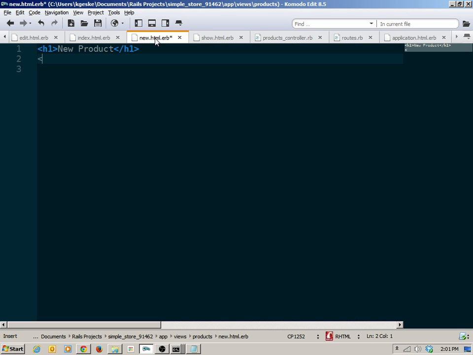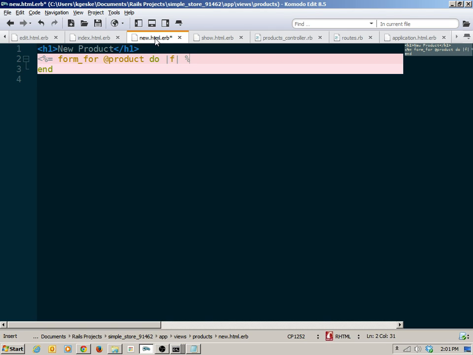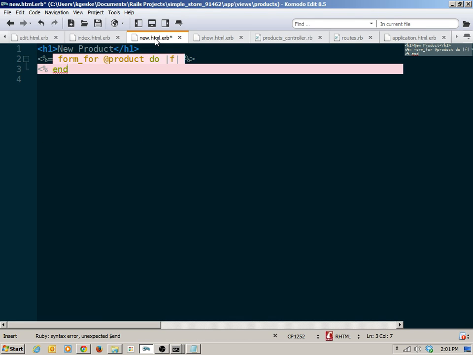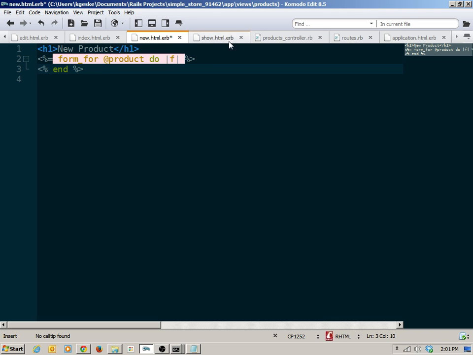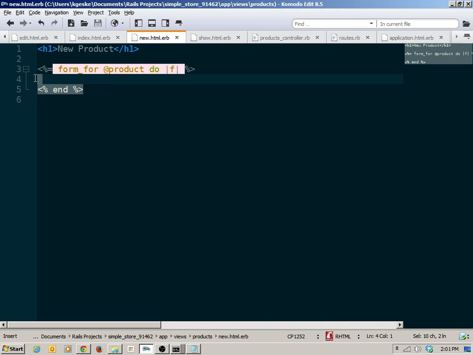There is a Rails helper that I can echo out, and it's called form_for. And it's going to be for a particular object that I don't yet have access to, but it's going to be a product. And form_for takes a block, and it's going to give me access to a parameter which I'm going to call f, which is going to help me build the innards of the form. So just doing this will start building a form for me. But if I tried to run this right now, of course, it's going to error because I don't have a product variable. So if I go to,